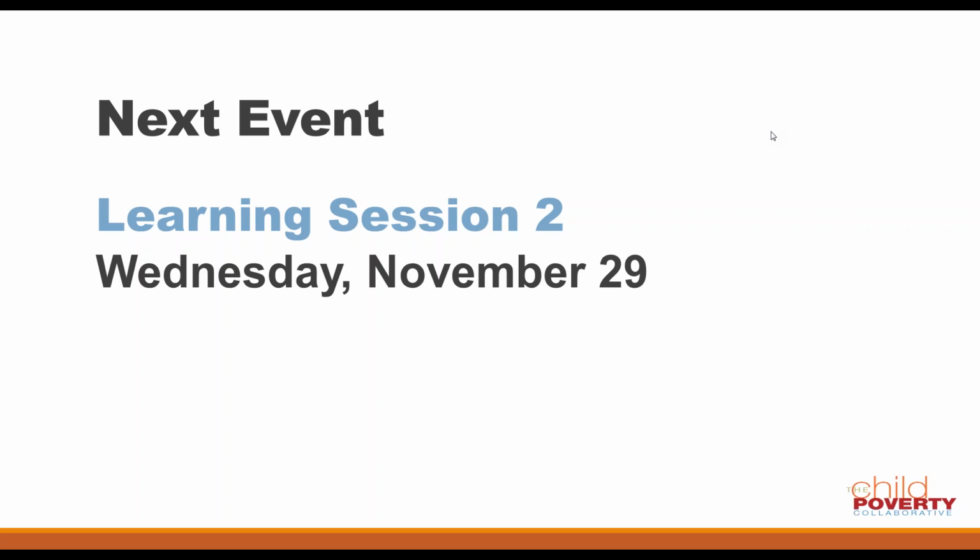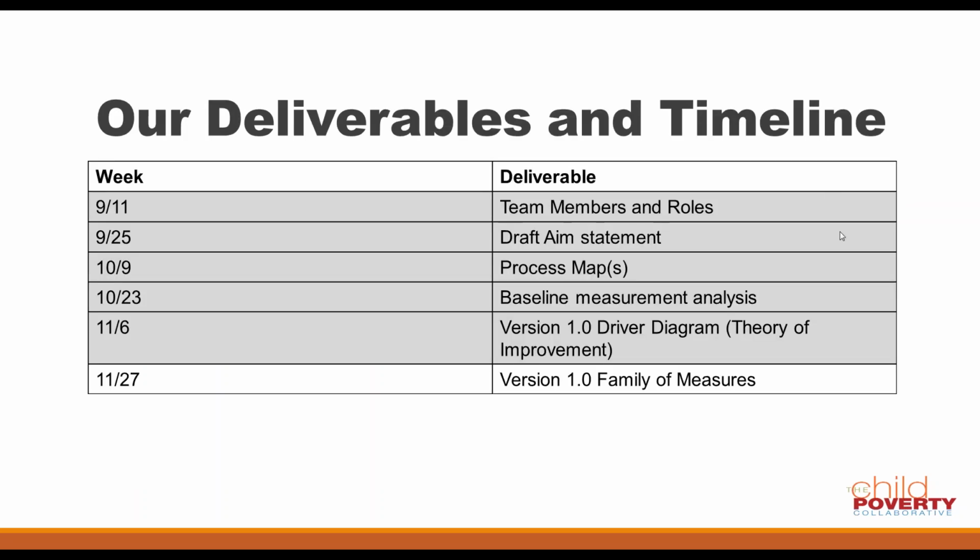And then the other thing is that for those who are developing something new, if you're developing a new intervention pathway, then the focus is on highlighting what are the measures that would allow you to understand if and when the intervention that you're creating is being successful in meeting the needs of the people whom you serve. And so that's where we're going to be focusing. As I said, we're just looking for version 1.0. It can be dirty, messy, incomplete. That's fine. We're gonna continue to work and refine those things going forward.